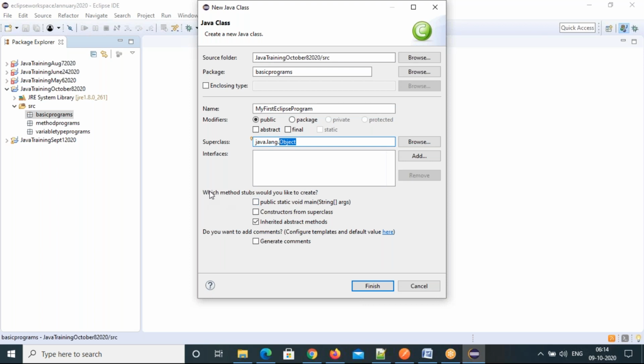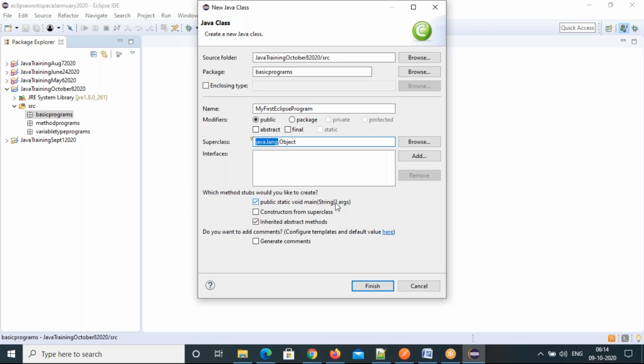Next, which method stubs would you like to create? Tick the first tick box: public static void main(String[] args), with String starting with a capital S. That means String is a class in Java, a predefined class also created under the java.lang package.